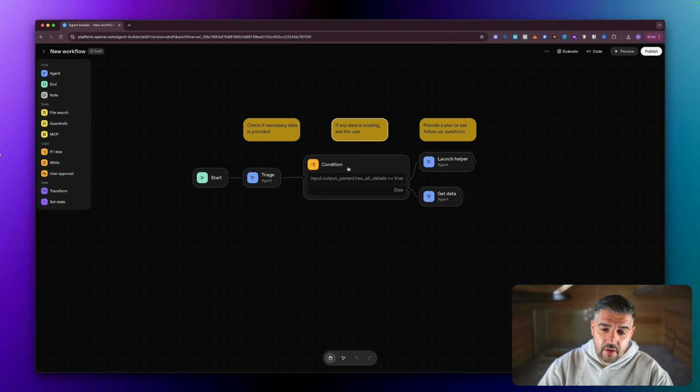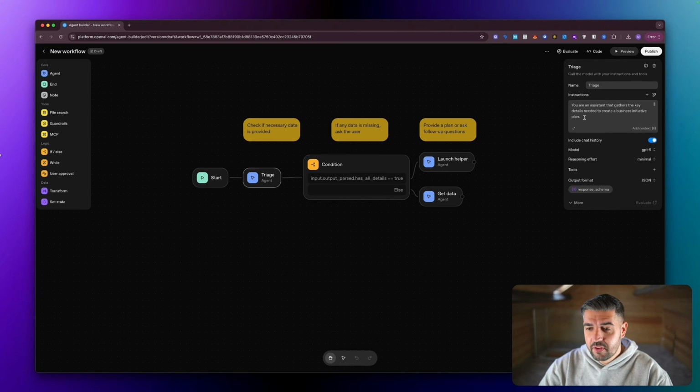And here you can see there's obviously the start, which is the input as text. So that's us literally adding the text to the flow. Then you have the triage, and if you look at the instructions section here, you're an assistant that gathers the key details needed to create a business initiative plan. Its response format is schema.